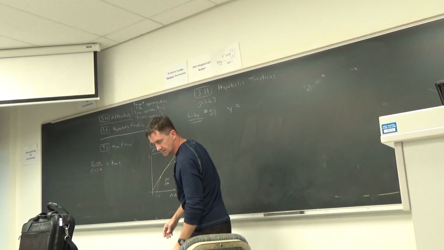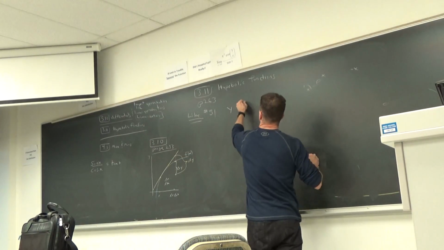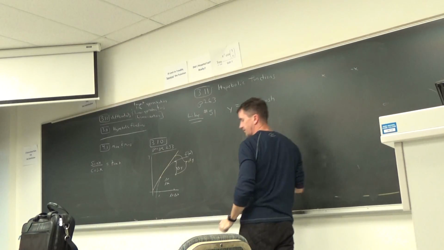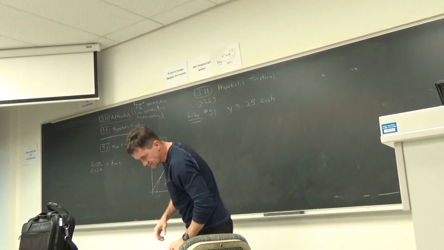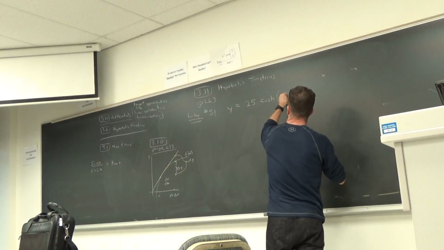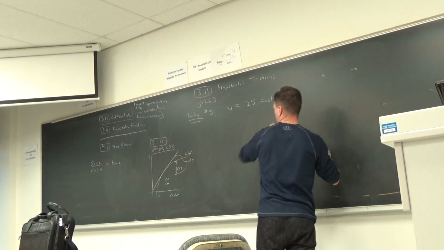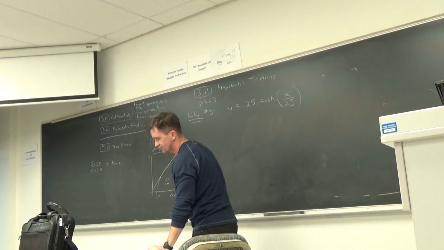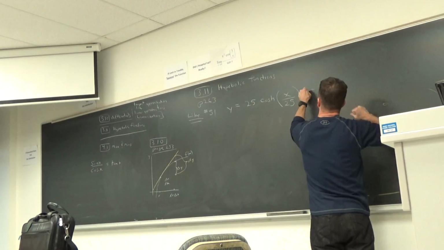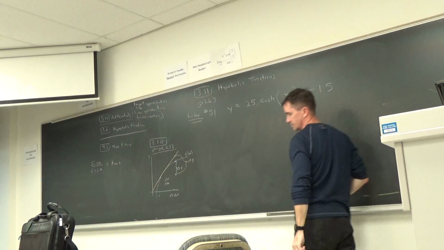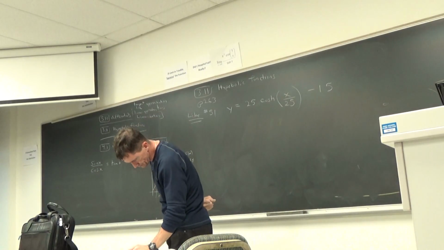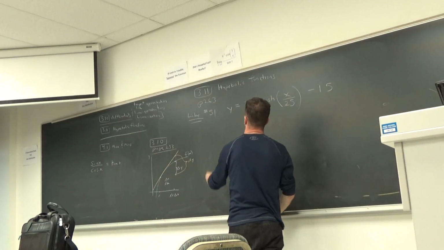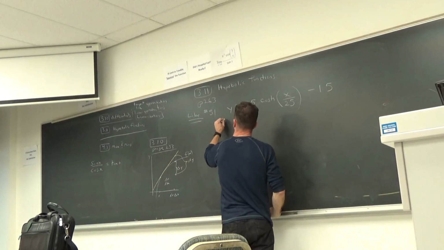All right, here comes the power line. y equals, they have 20, I'll use 25, 25 cosh of x over 25 minus 15. All right, now let's only consider this on the interval